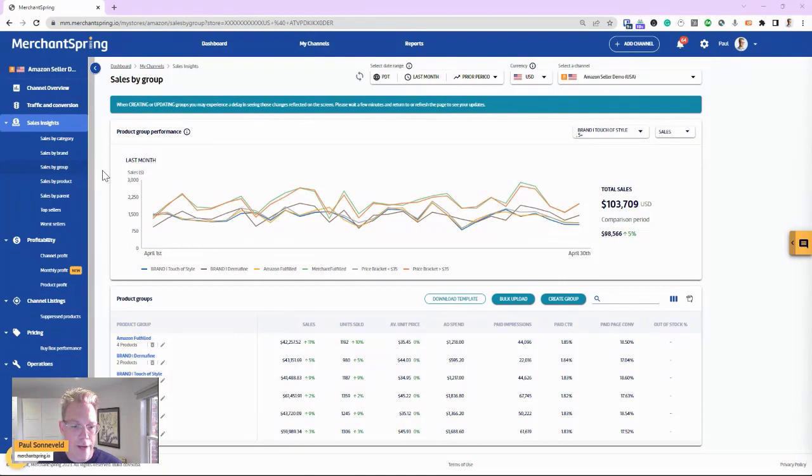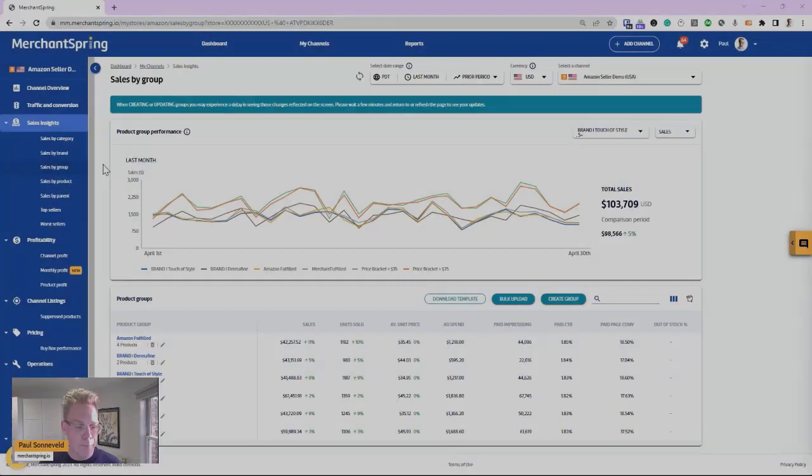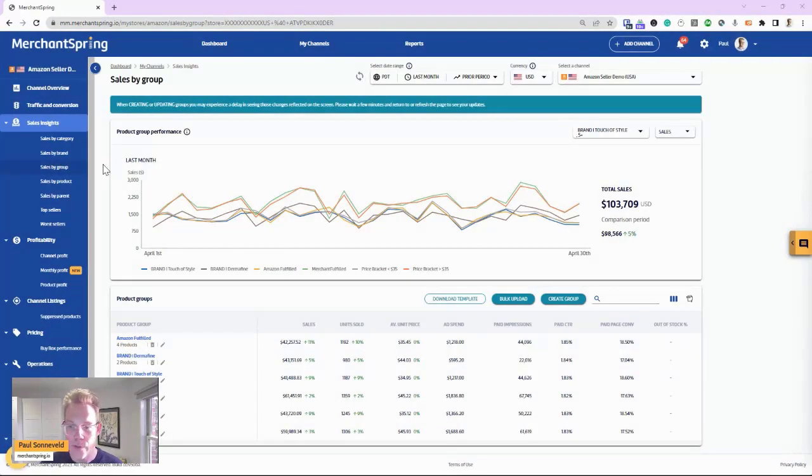Now, just to explain a little bit more around the use case, why think about custom groups? Why not just use some of the grouping that Amazon provides around sales by brand or category that we also see in the Sales Insights module? Well, groups provide enormous flexibility to look at your Amazon performance in a way that may not be readily available, or perhaps in a way that more closely matches the way that you as a business look at your own data or your client looks at that data.